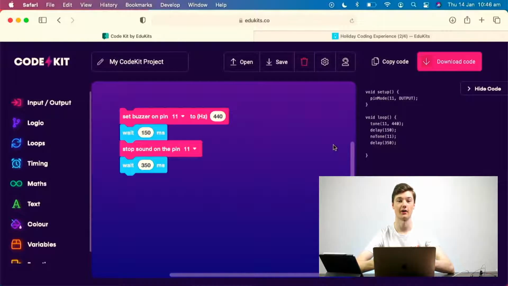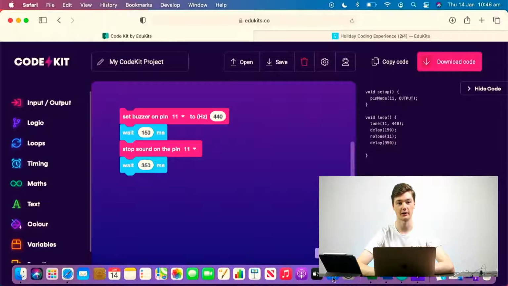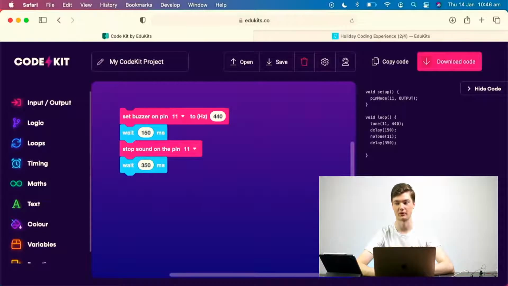Now that we have the code, if you remember from last week, we can copy that and put it into the Arduino application before uploading it. For those who are with us in this workshop for the first time, once we have created code, to send it to the brainboard and to have it work, we have to upload it. So over here, you can see in the top right corner, we have a copy code button. If you copy this, a small notification will pop up in the bottom right corner. You can't see it now, it's gone because I'm covering it, but that will let you know you've copied it